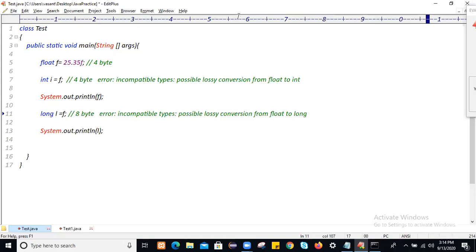Write down: while conversion, if you will lose some data, then explicitly perform downcasting.